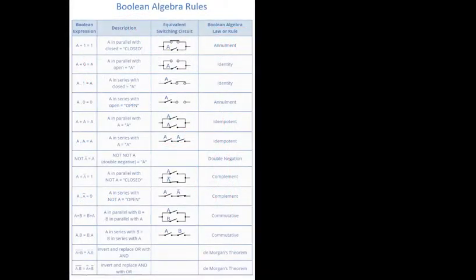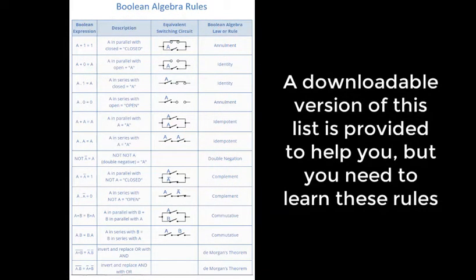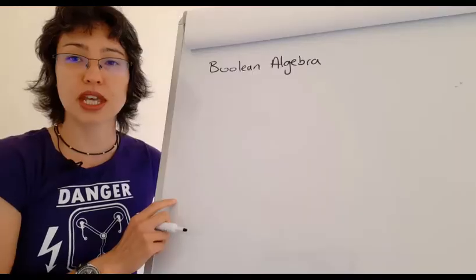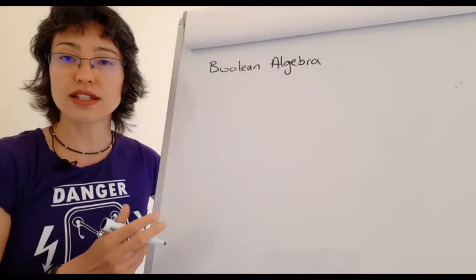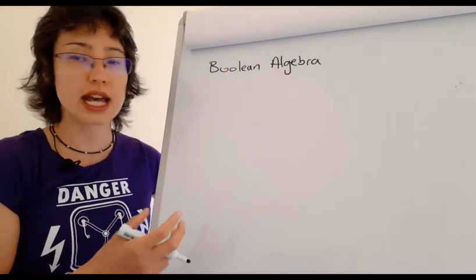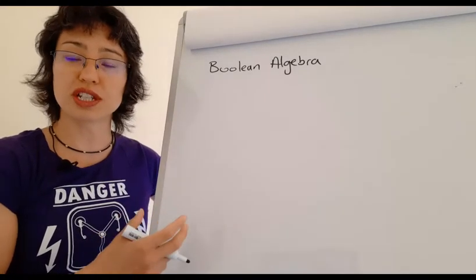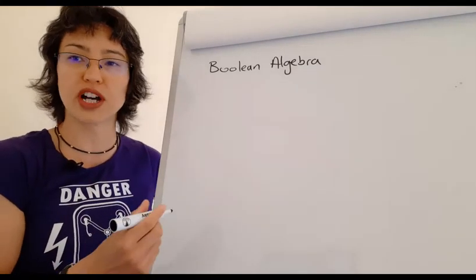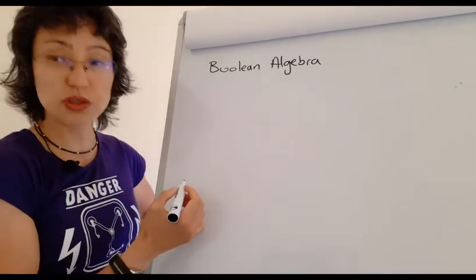In order to be able to understand and simplify more complicated combinational circuits, you need to be able to understand the rules of Boolean algebra. It looks like a long list, but they're really similar to normal algebraic rules, and I'm going to go through them so that you understand what's going on, because this is a list that you need to know. It won't be provided in the exam. So to start with,